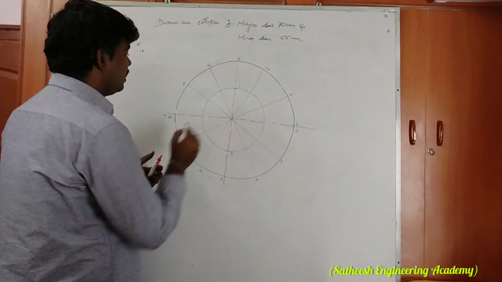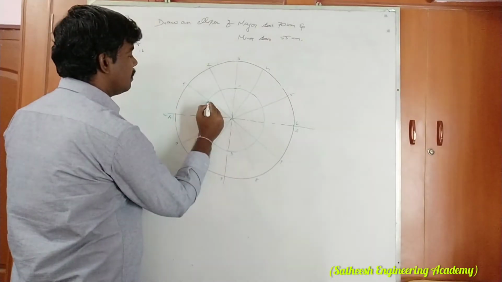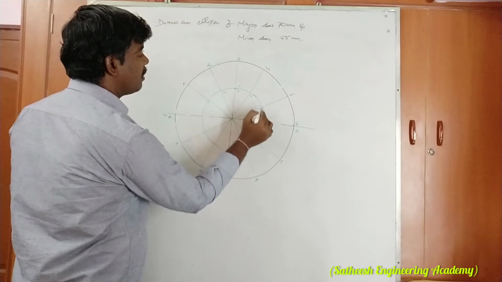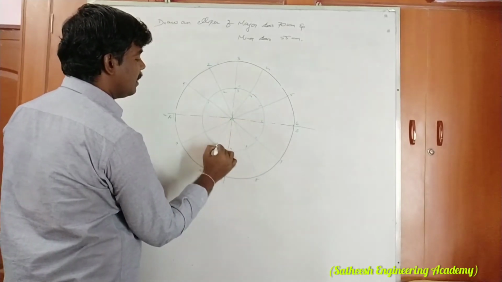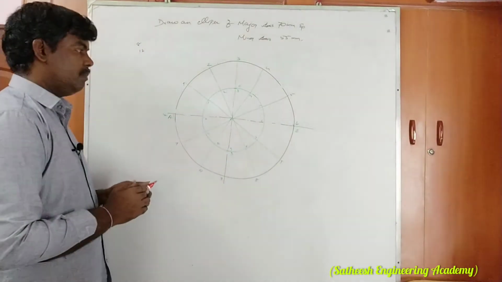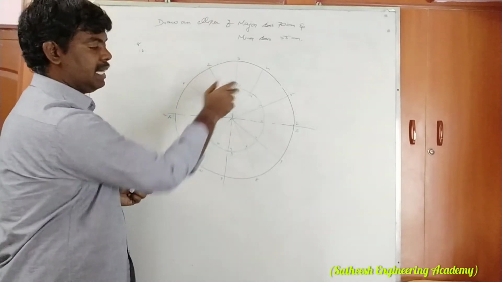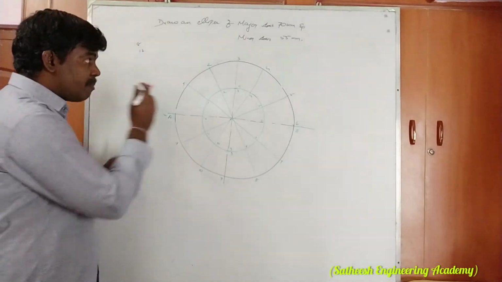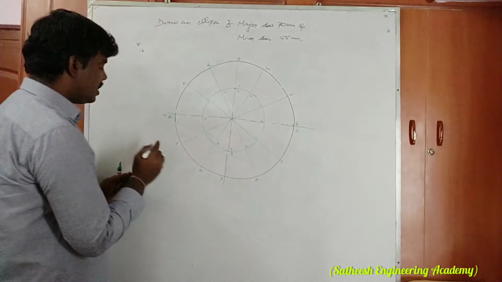Similar case, inner circle number also. Okay, 1, 2, 3, 4, 5, 6, 7, 8, 9, 10, 11, 12. Okay, so you put numbering same, 1, 1, 2, 2, 3, 3 like this. Next thing, very simple, from outer circle points 1, 2, 3, 4, 5, 6 points you draw.